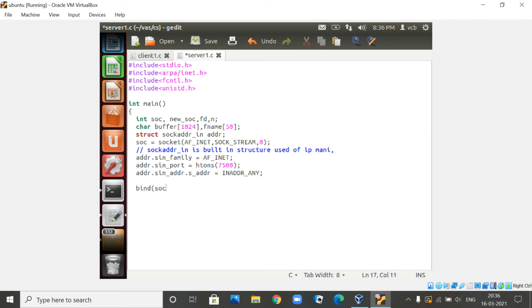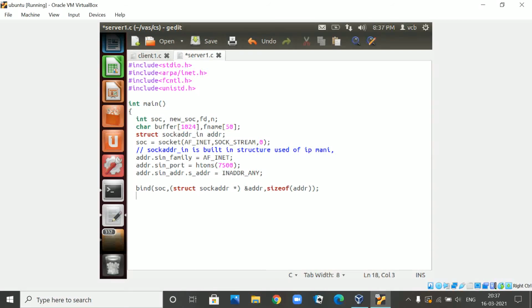So bind, SOC, comma, pass the address of the entire structure, which is the sockaddr structure. Since we are going to pass the address, it is ampersand ADDR, cast as sockaddr star, comma, and the size of your entire structure, the size of your address.